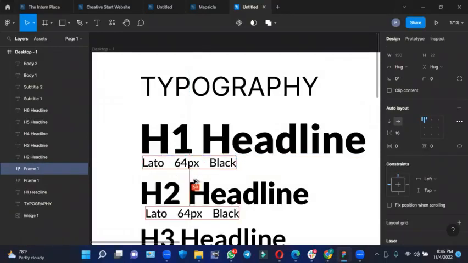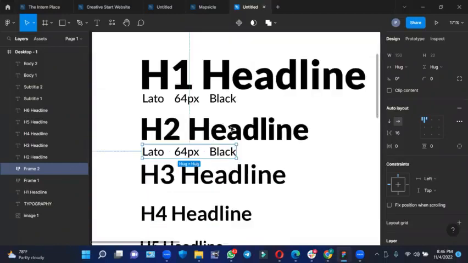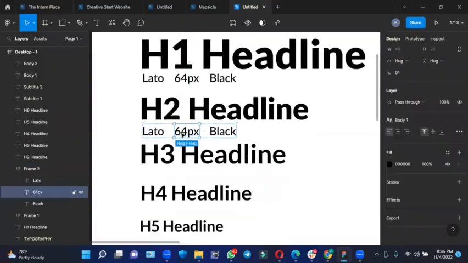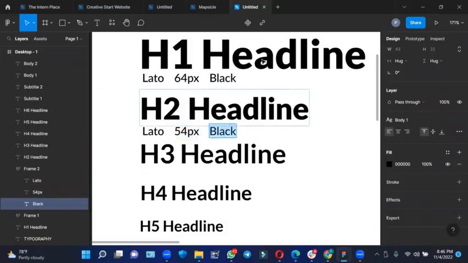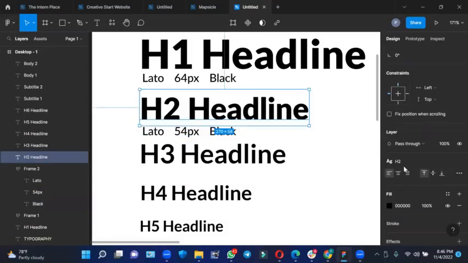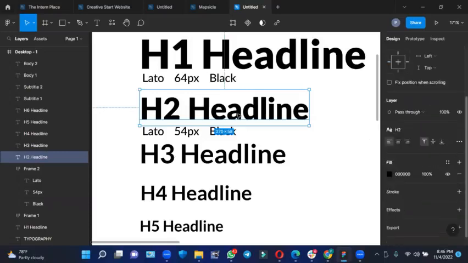Now we duplicate this under here and also do the naming here. Type the properties I use here. I think I use 54, right? 54. Then is it black, or what did I use? So later you check the properties used for each. And you know how to check the extra bold, right? Yes, sir. Now, to check in case you forget the property,